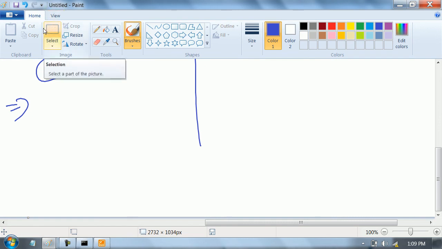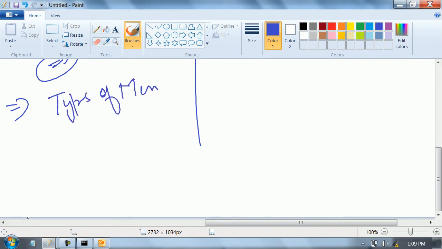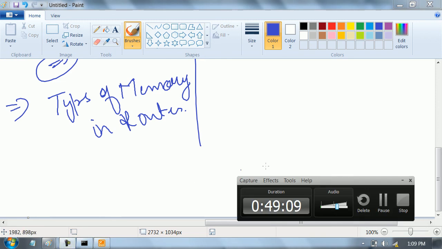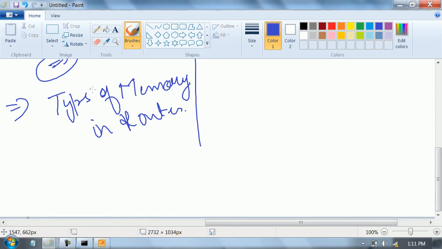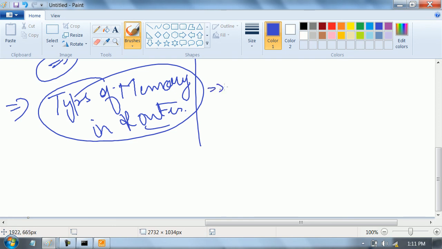Next thing, types of memory in a router. How many types of memory are there in the router? First is